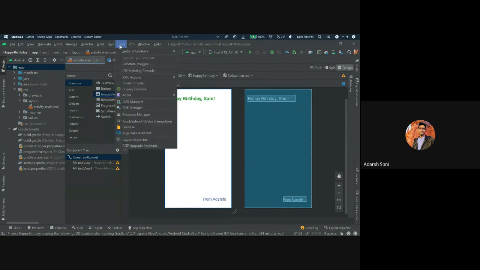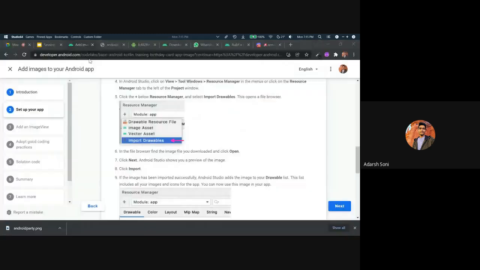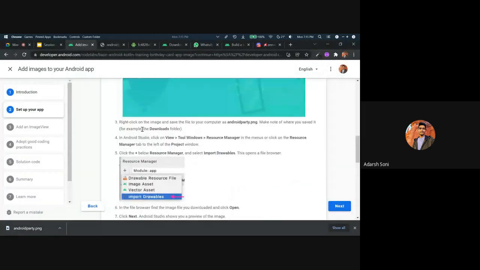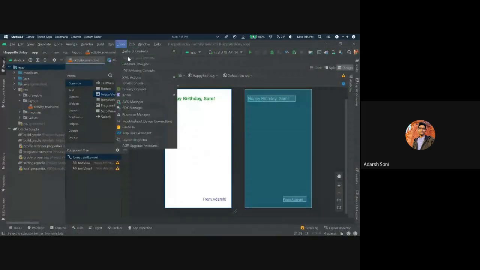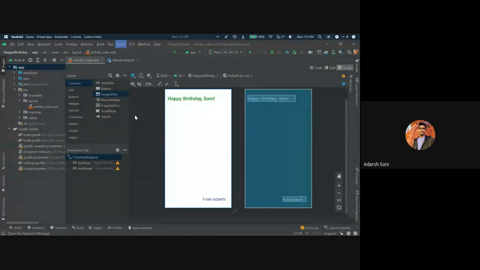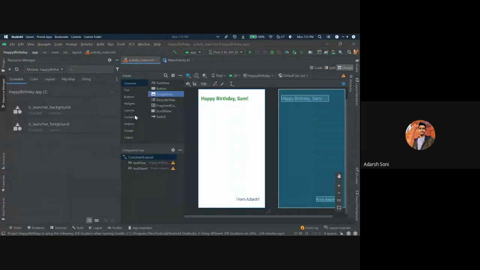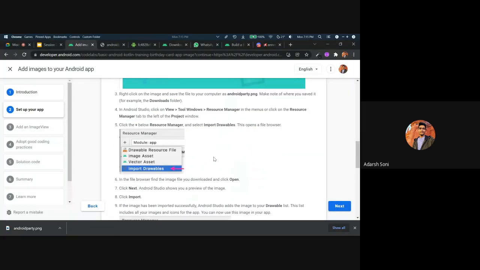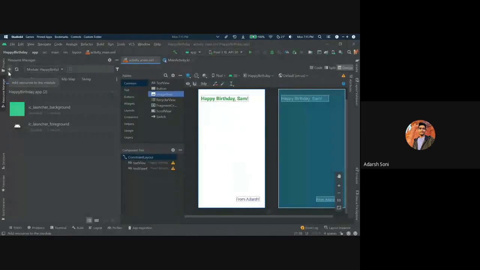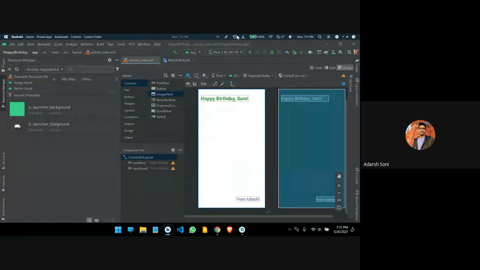We can use tools, resource manager, and this plus, which shows import drawable.